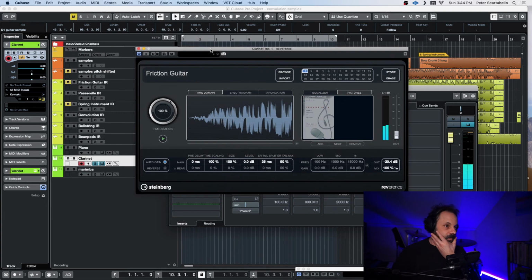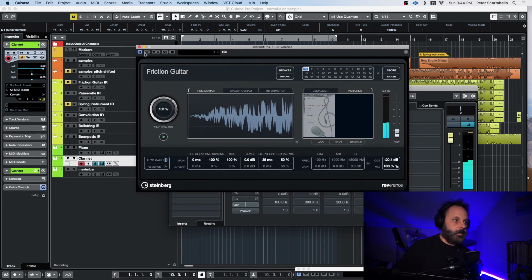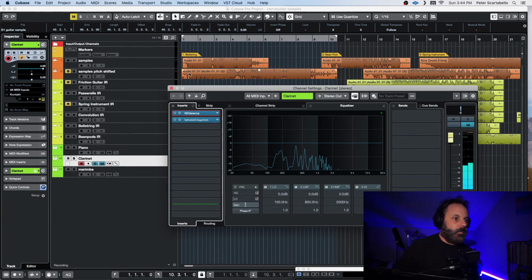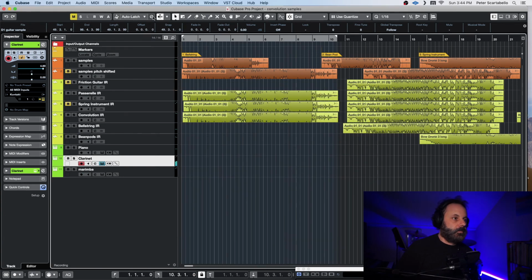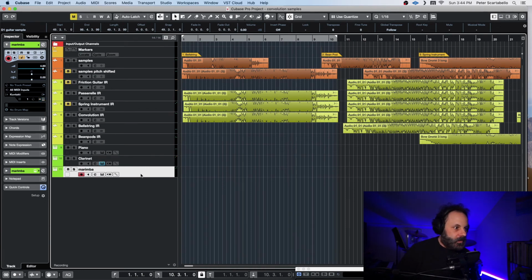So yeah, I like this combination actually. It's really interesting. It's cool the way it fades out too. All right, so the final thing is, I mean, we could go on forever with this, but I